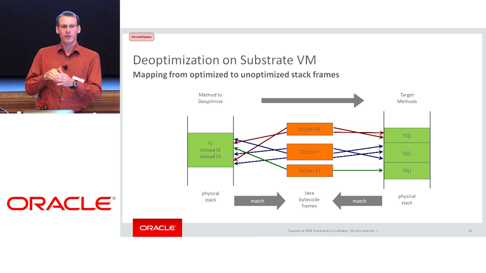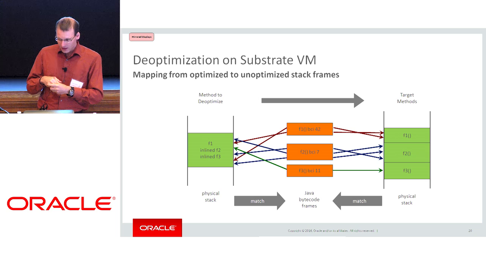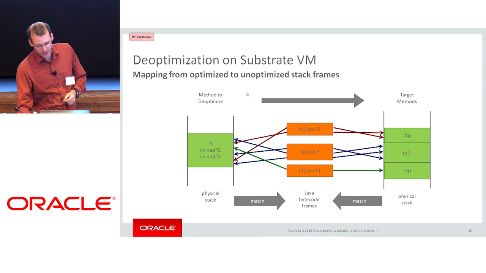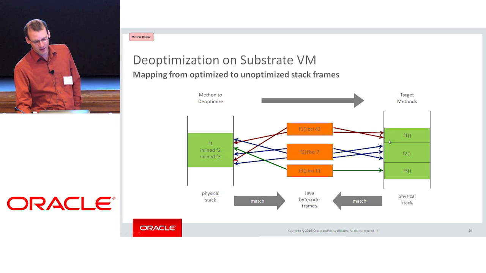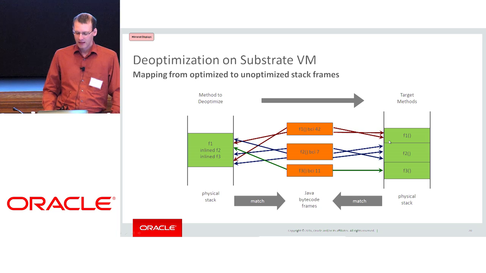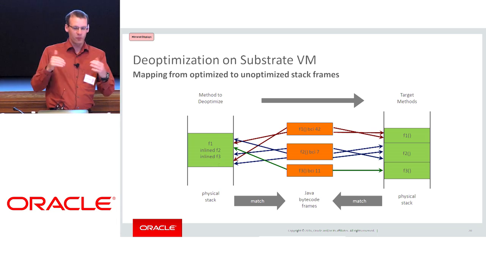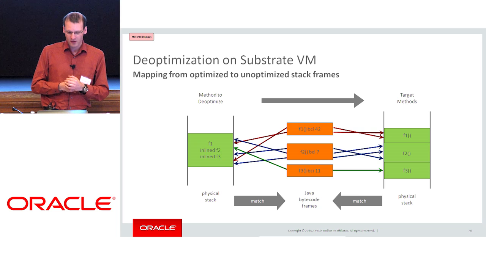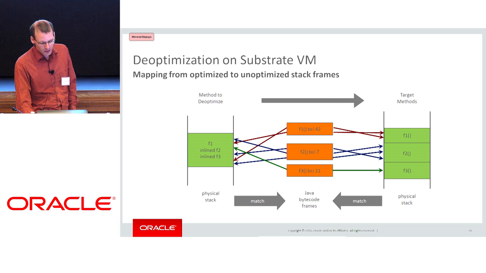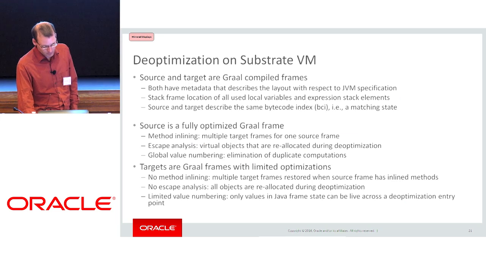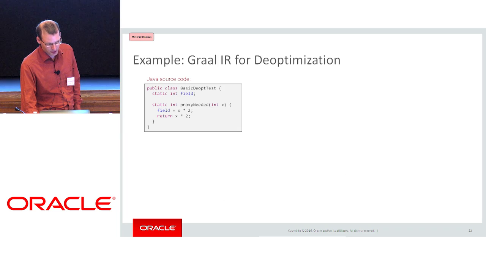Then you can do this matching. You can say, well, if I want to reconstruct my method f1 on the target stack, then I know local variable 0 should be in this stack slot. So how do I fill this stack slot? I fill it with local variable 0, which in my original metadata comes from this stack slot. So instead of a one-way matching, you have a two-way matching, but it's not much difference. That's all what I just said.